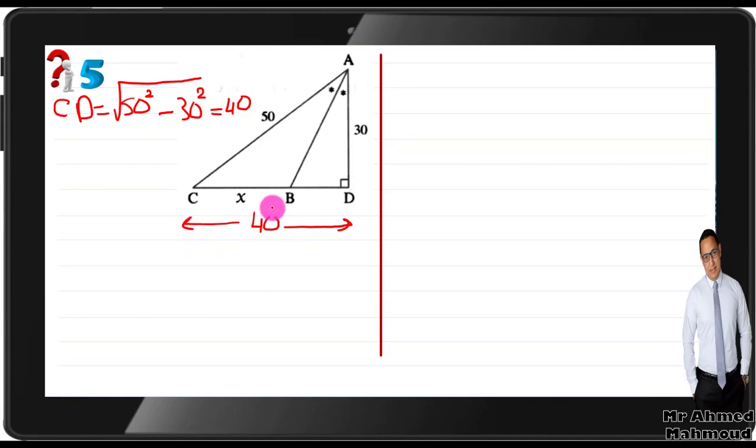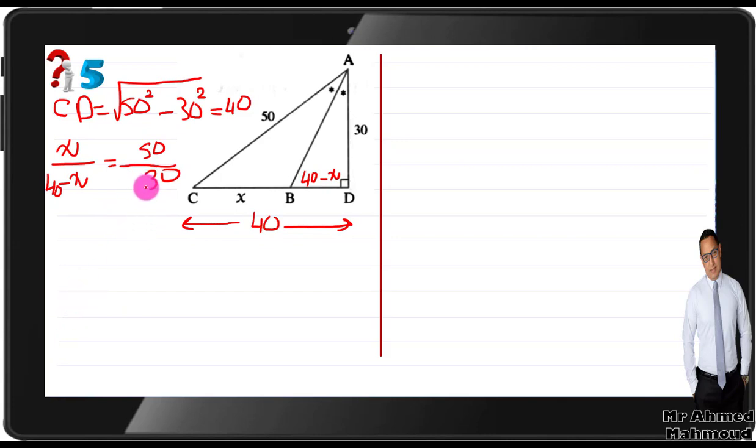Okay, when BC equals x, this one is called 40 minus x, so BD equals 40 minus x, because x plus 40 minus x equals 40. Now x over 40 minus x equals 50 over 30. By making the cross multiplication,